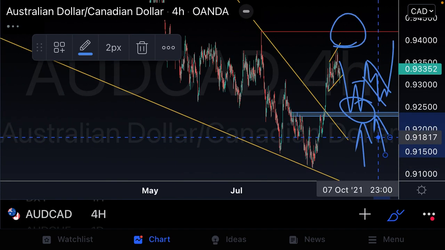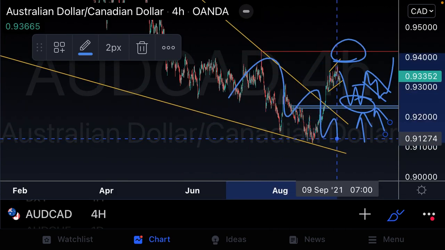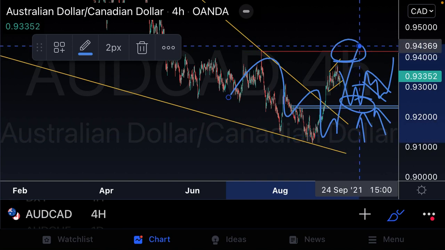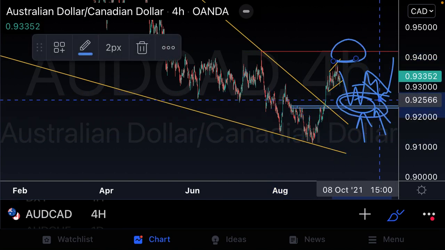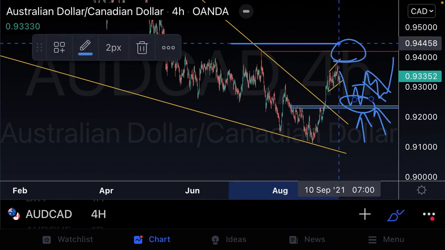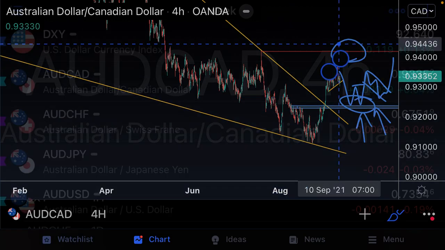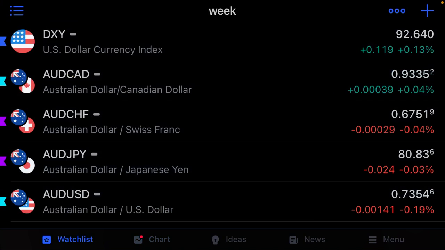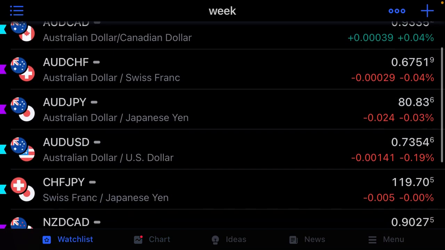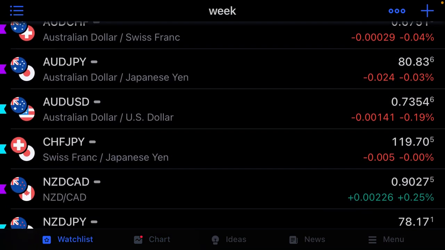Why? Because higher time frame, we have this beautiful descending structure, we have nice momentum to the upside, and we are obviously expecting that continuation structure to continue to violate some resistance areas for us. Now this is our awesome bullish bias and bearish bias on our Aussie CAD. Guys, let's move on to the next pair that we're going to have a look at, and that is our